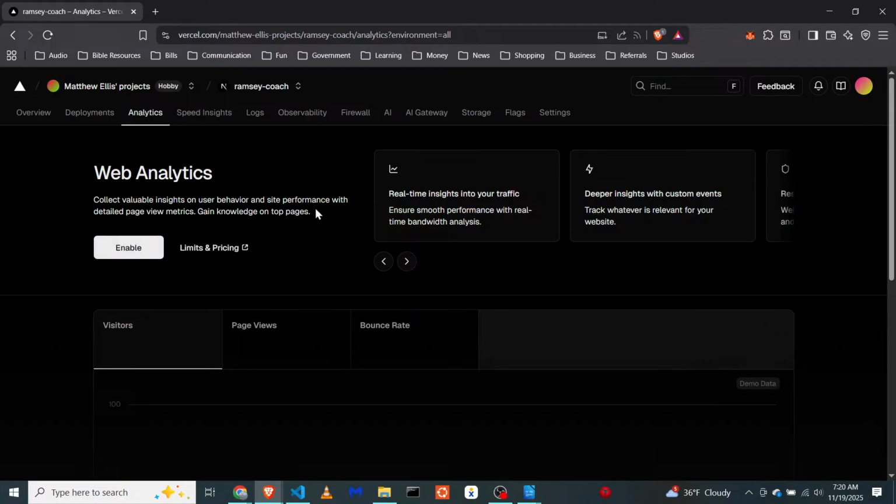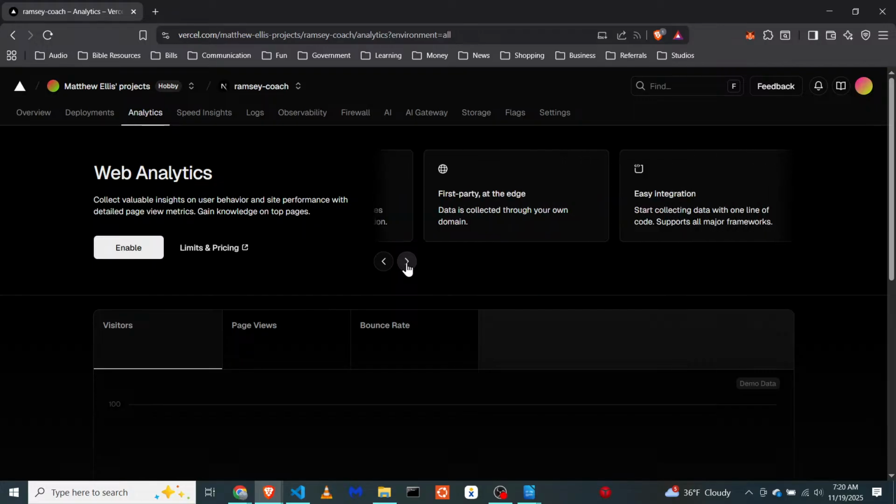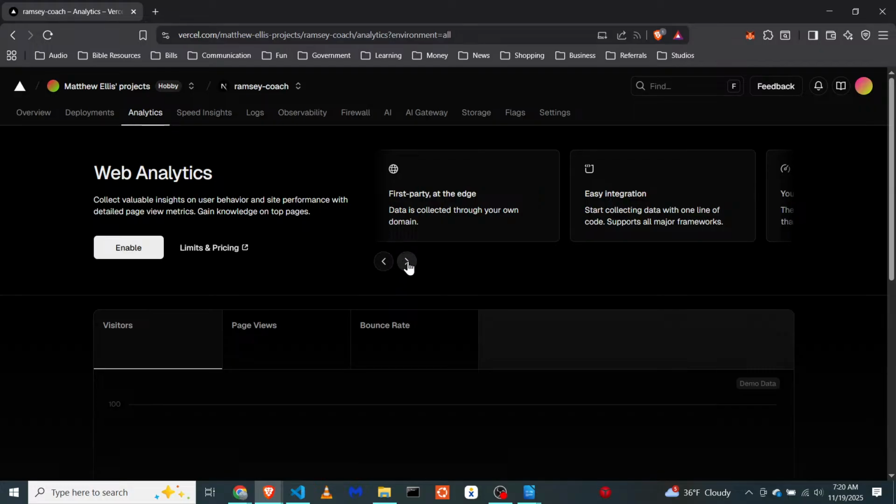Gain knowledge on top pages. So real-time insights into your traffic ensures smooth performance with real-time bandwidth analysis. And there's all this stuff that it does. Respects privacy,